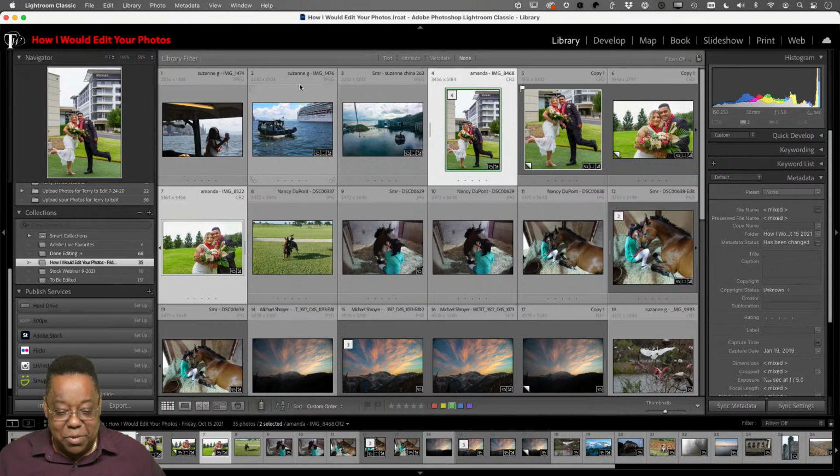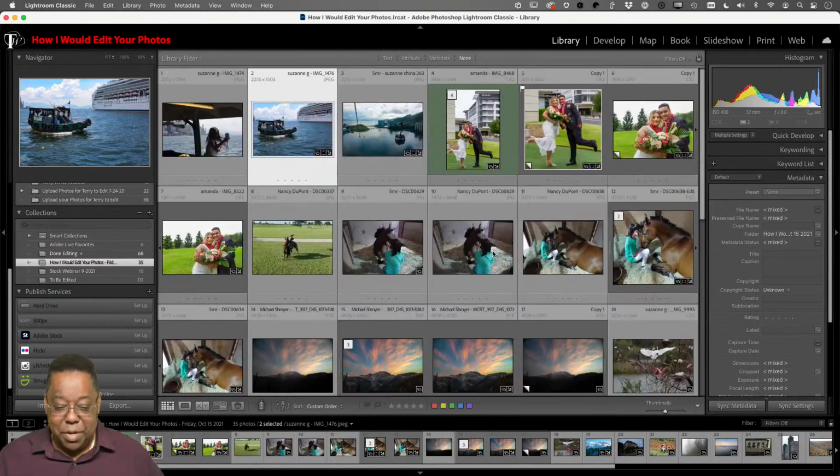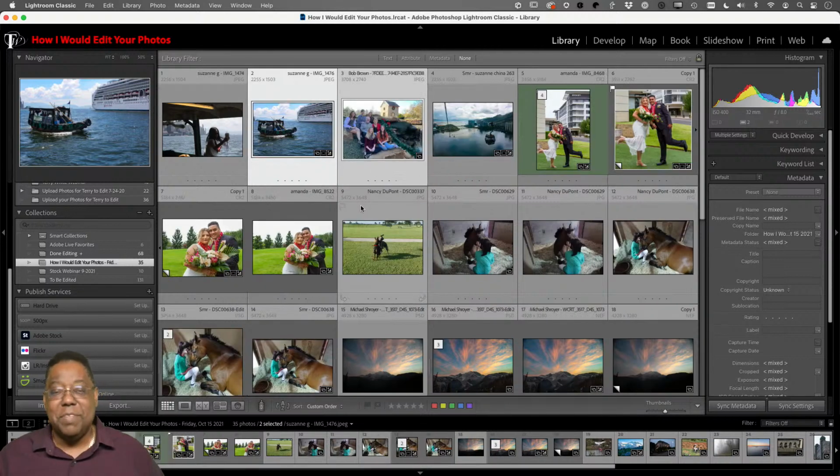So here, I'll show you on a different one. Let's click this boat shot, and let's Command click this shot of the family down here at the bottom. So now they're both selected. If I just drag this one a little bit and let go, it moves the family shot up right next